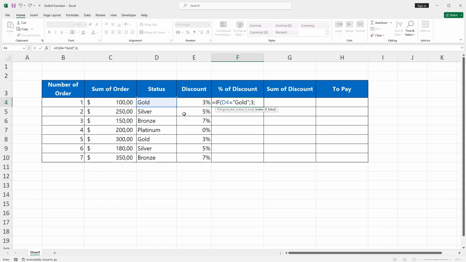Switch function helps us not to type the comparable cell every time. So I will delete this and will show it to you. Let's type here switch. After that we have to point the expression, to which cell we are going to compare our data. In our case, this is the cell D4. So this is going to be our expression. In case that in this cell is present gold, we are going to type here gold. In this case, we would receive a discount of